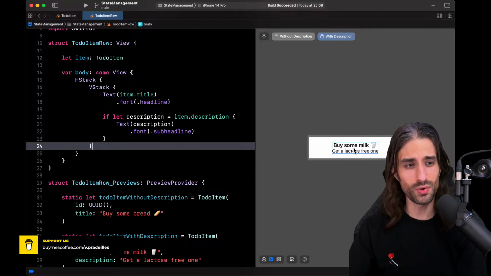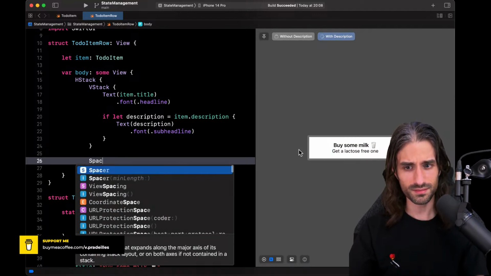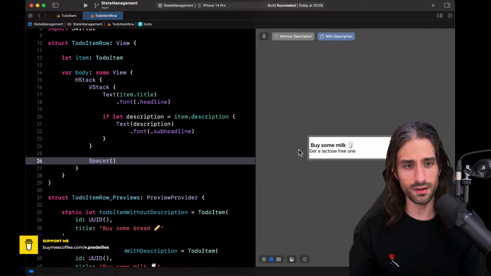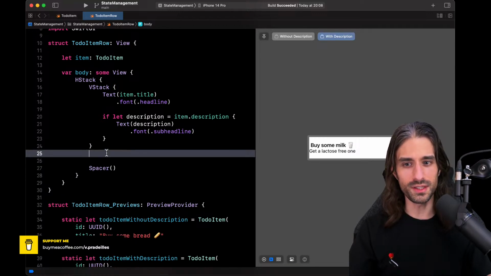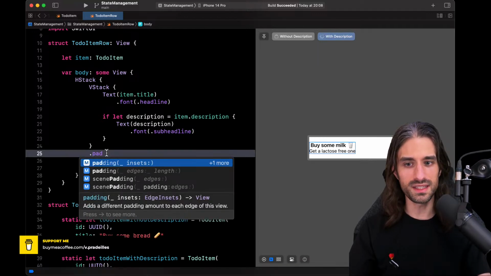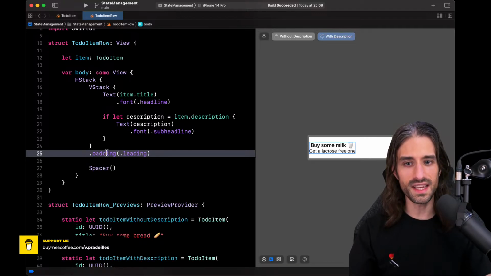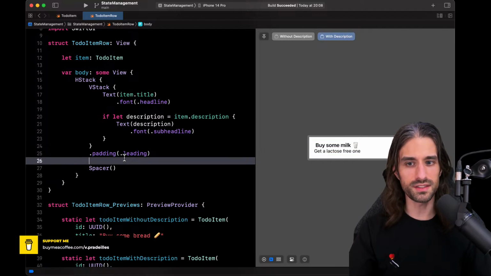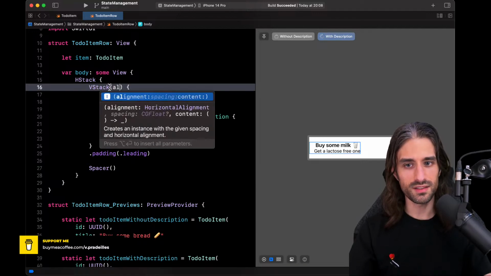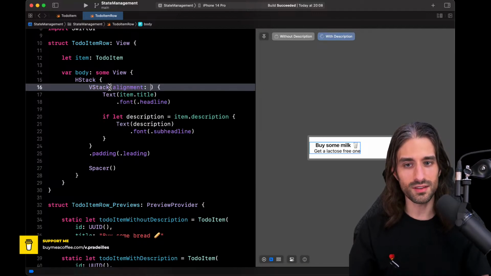And last week we saw the one SwiftUI view that allows you to do that. So maybe you remember which one it is. It's the one called Spacer, which will take as much space as is available. Then we want to refine the design a bit. For instance, add a bit of padding on the leading edge of the VStack. That's better. And also the alignment centered on the VStack is not the best. So let's update it to make it a leading alignment.